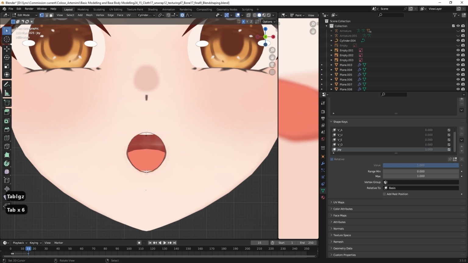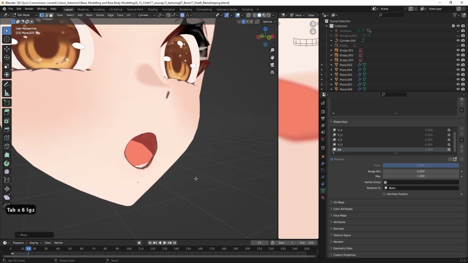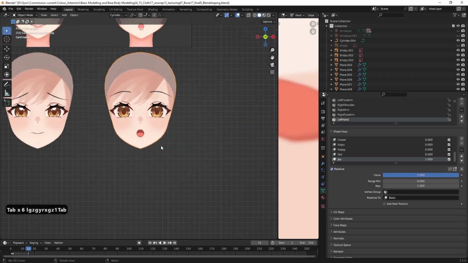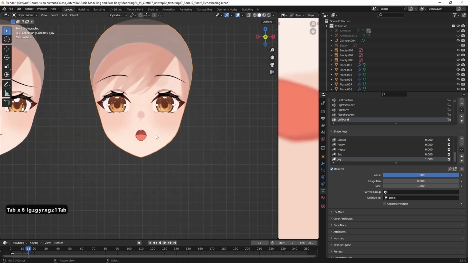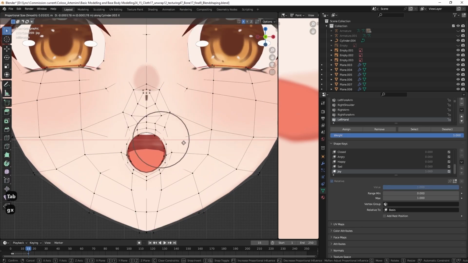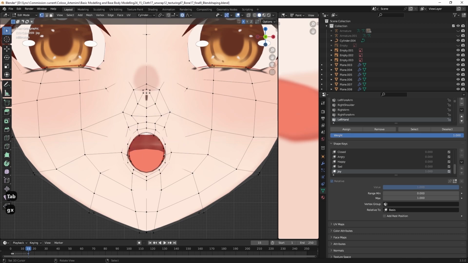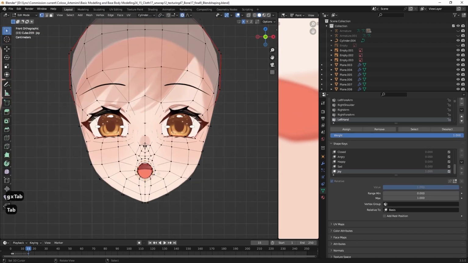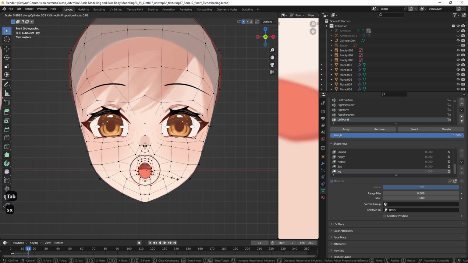All right, and then we can move this down a little bit here. Okay, cool. And then we can edit it a little bit here like this. Okay, so it will be thinner like this.